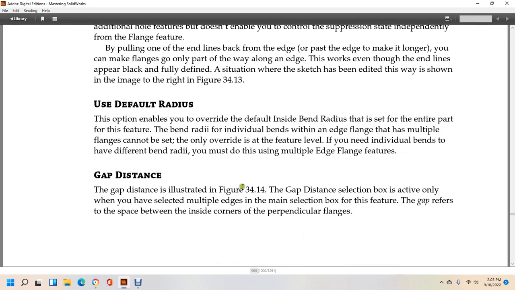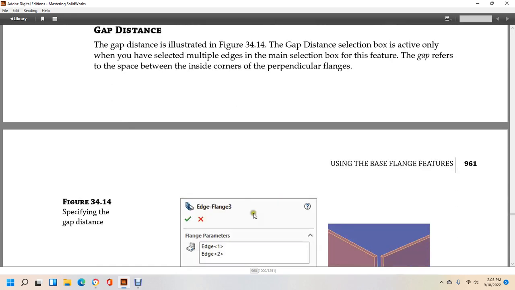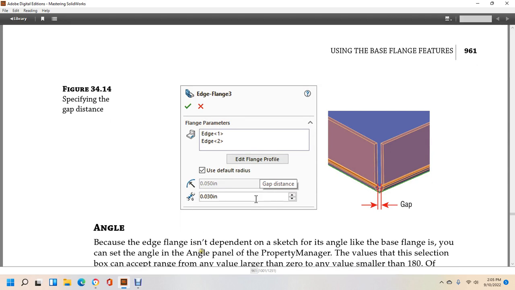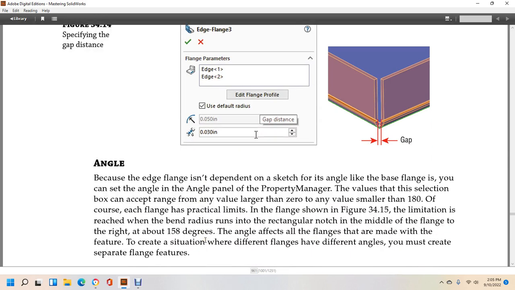The gap distance selection box is active only when you have selected multiple edges in the main selection box. The gap refers to the space between the inside corners of the perpendicular flanges. Specify the gap distance, flange parameters, and edge flange profile, with the default degree and gauge, gap distance. Angle, because of the edge flange, but depending on the angle of the base flange,